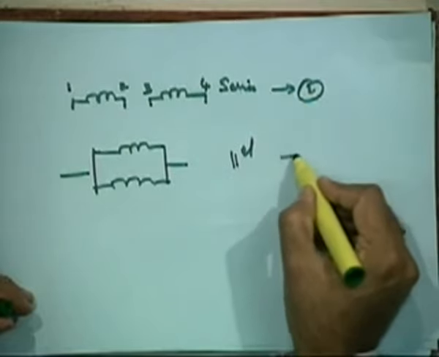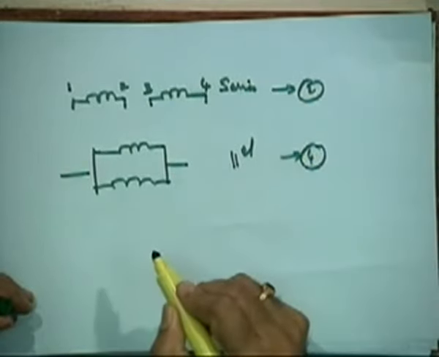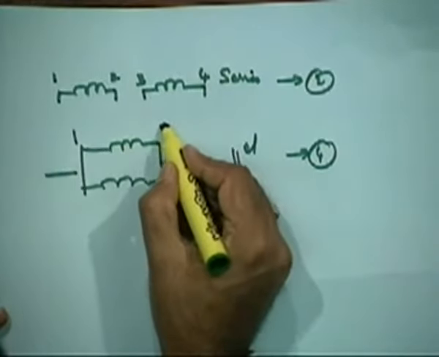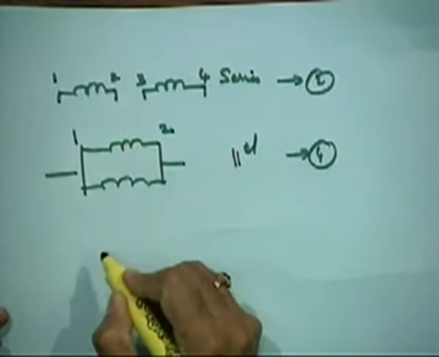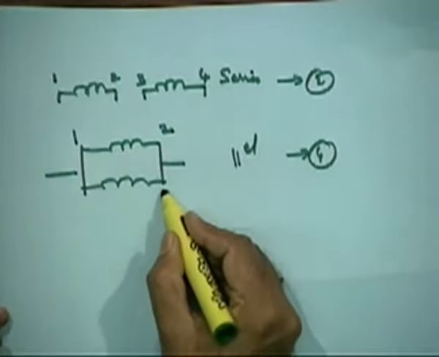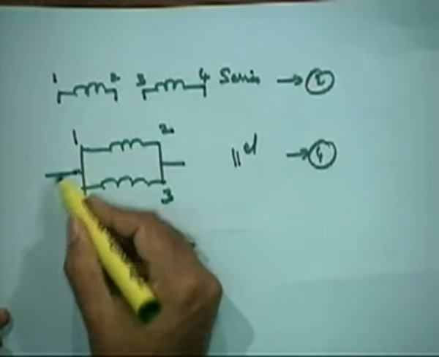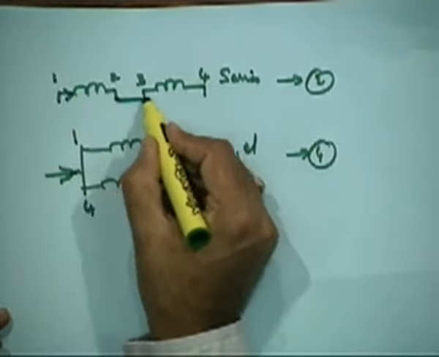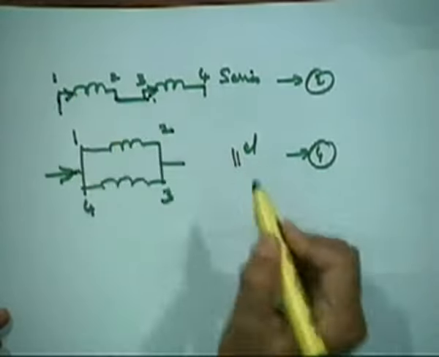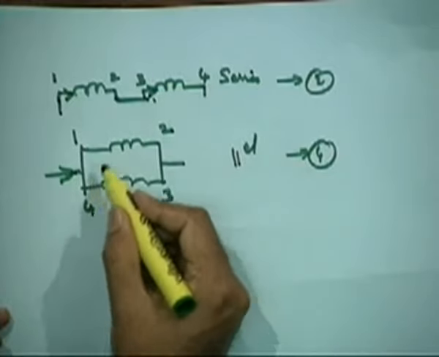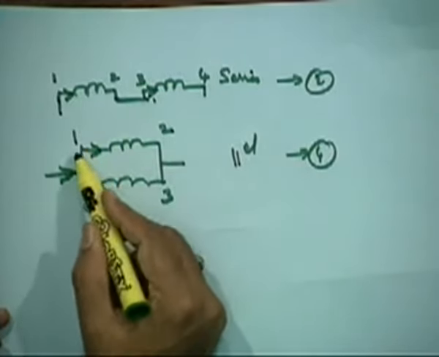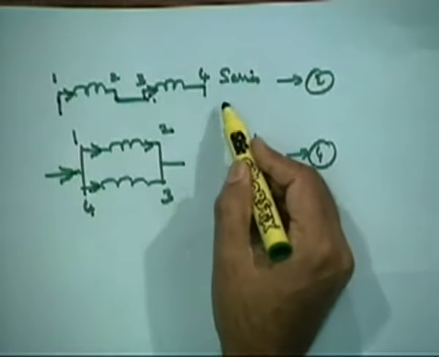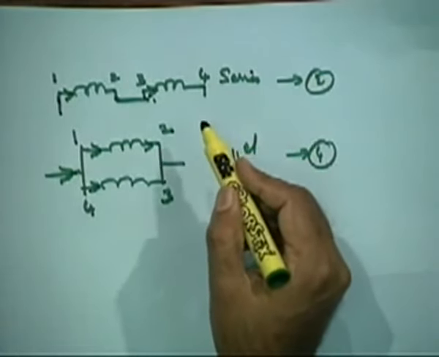Right. So this can be 1 pole. Now let us say 2 pole. This could be 4 pole. Right. And here, let us say you maintain 1 2 here. Where should 3 4 be? This should be 3 4. Right, because of the current direction, this will be the current, this is series. Now here, entering through 1 and going out through 2, here it is 4 and 3. So you have reversed the second one, right.